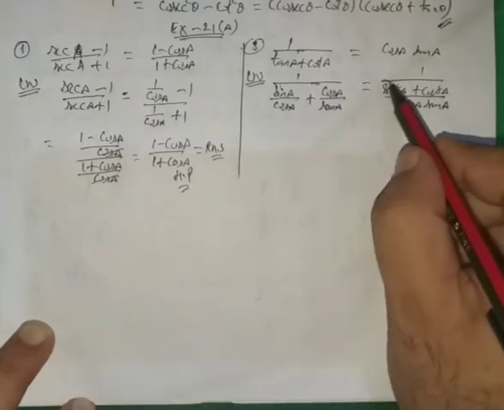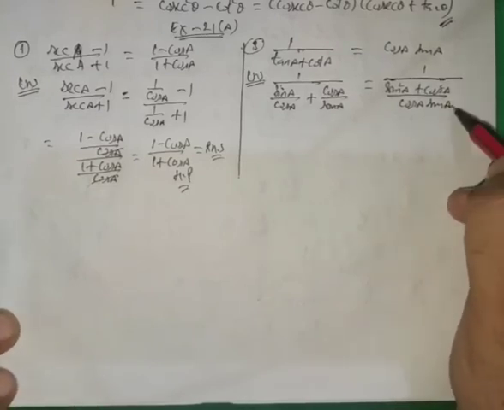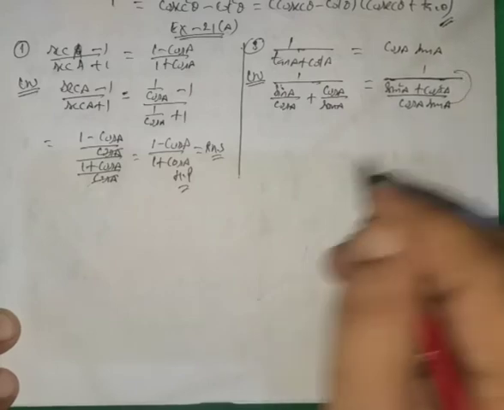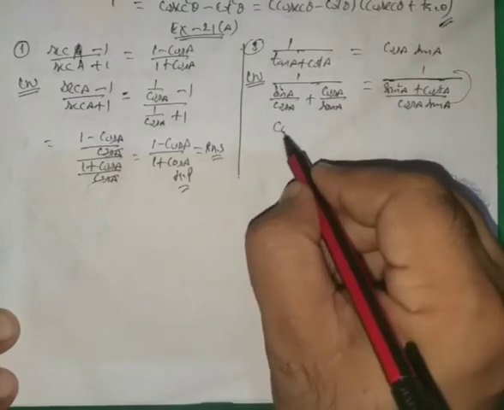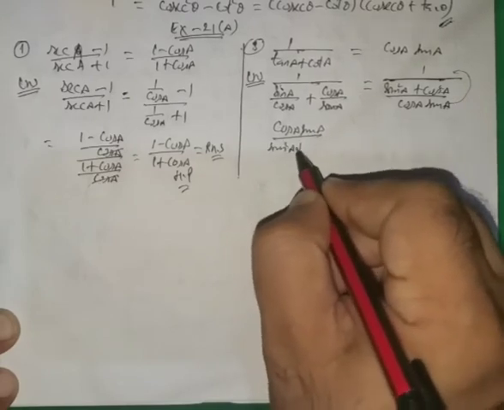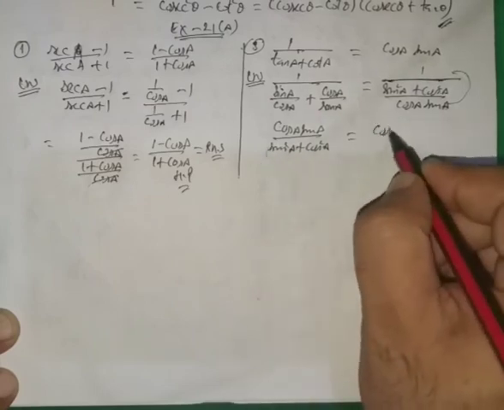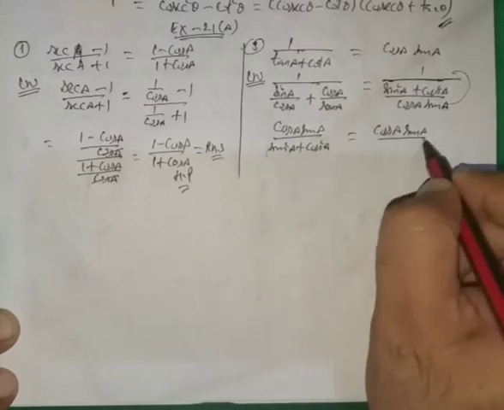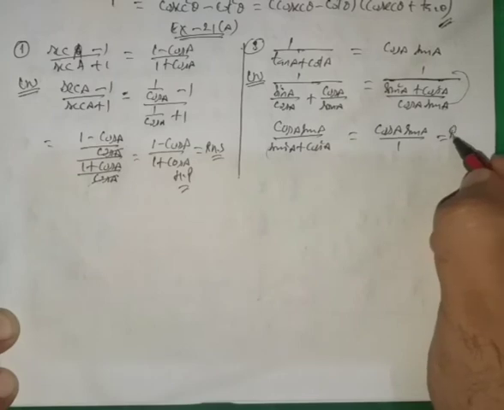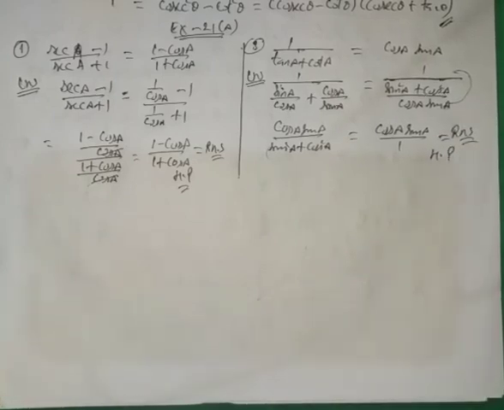So now by using laws of indices, sorry, this will go here. So this will be equal to cos A sin A over (sin square A plus cos square A), and we have already seen this value is equal to 1, so that is equal to cos A sin A over 1, and that is equal to the right hand side. Hence proved. Similarly, let us take one more question.